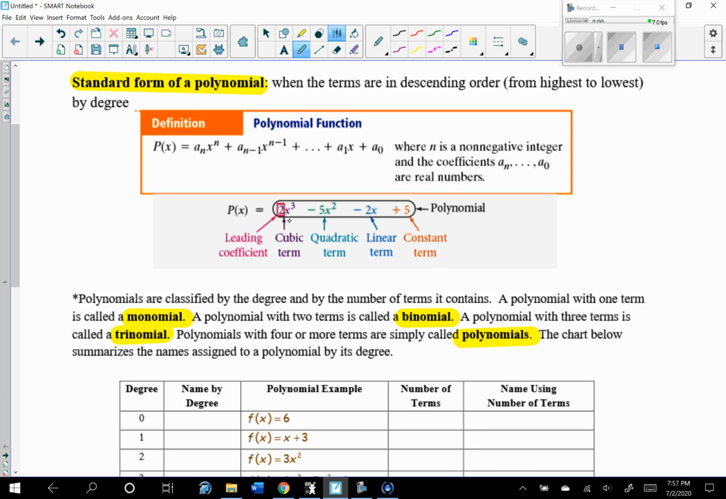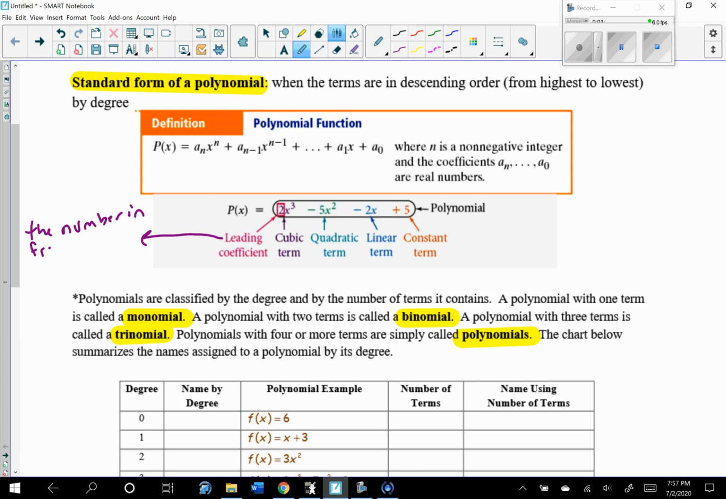This is the leading term because it is the highest power for this term. This is a cubic term because it's x to the third power. This is a quadratic term because it's x squared, linear, and this is constant because x to the 0 power we don't write. For this, notice that the leading coefficient is the number